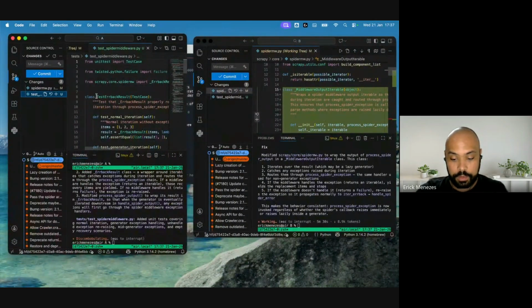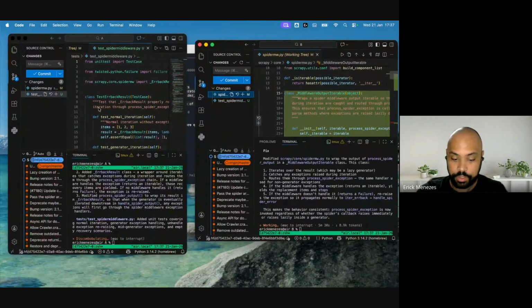So now that both models ended their work, we are going to analyze it to see which one was better. I'm not going to do it here because that will take time. Make sure that the tests continue running, that all the tests that were passing in the beginning are passing now, including the one it created. But as we can see here, they didn't commit the changes. They just made the changes. They are here, but are not committed on Git. So now we will evaluate the models.